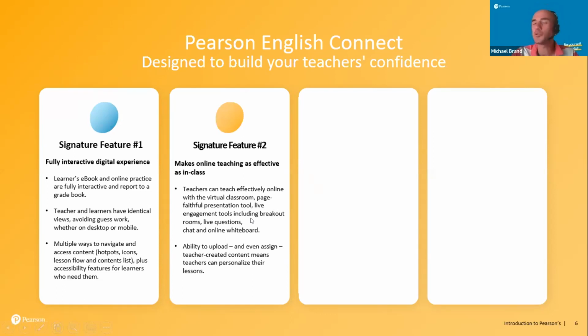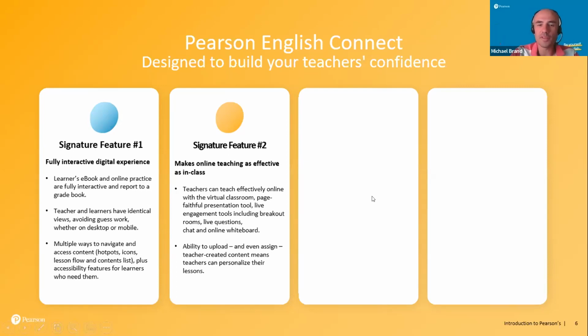So as we said, there's an online virtual classroom. The virtual classroom has tools like you might expect, things like breakout rooms and the whiteboard, but it also has features you might not know of or might not expect, such as the ability to ask students questions or assign work in the virtual classroom. And you can also upload your own content to the platform, including in the test generator. You can use the architecture of the test generator to put in your own questions should you need to.